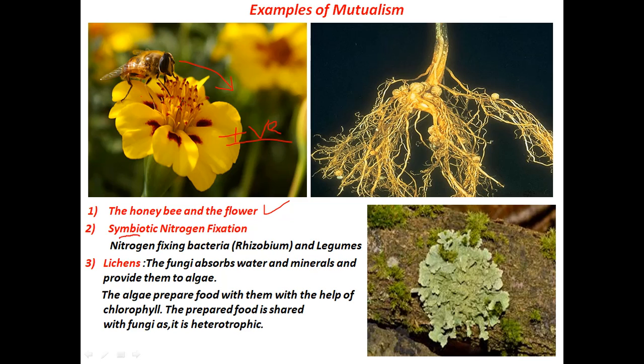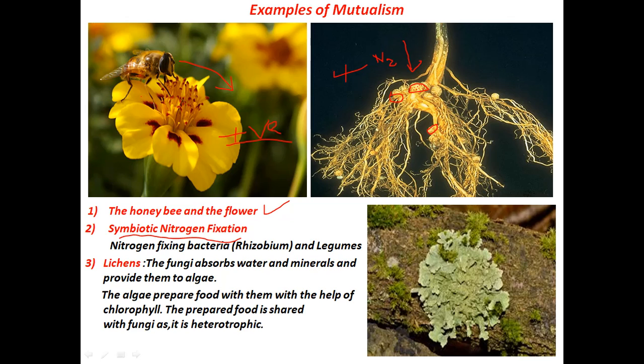Second is the symbiotic nitrogen fixation, the relationship between the nitrogen fixing bacteria and the leguminous plants or legumes. So these are the root nodules. You already know the leguminous plants have nodules on their roots. These nitrogen fixing bacteria, we call them rhizobium, live in these nodules, and they convert the atmospheric nitrogen, N2, into nitrates. So they fix the nitrogen,